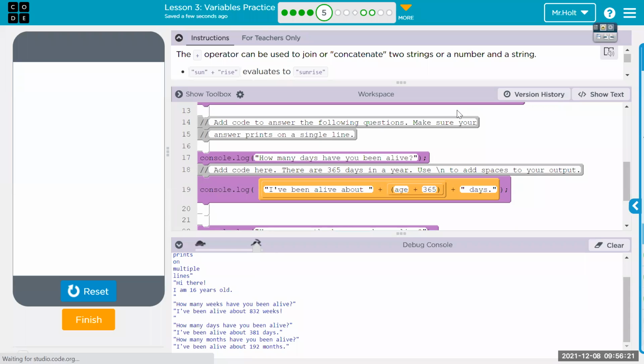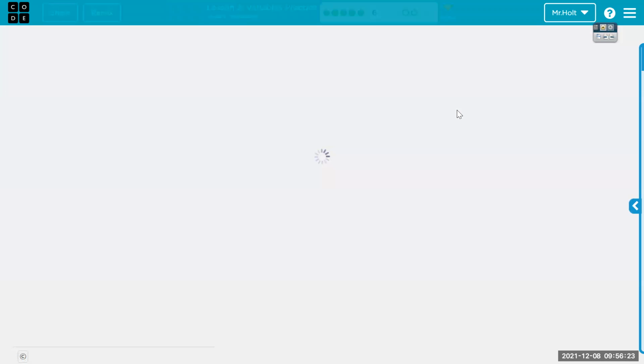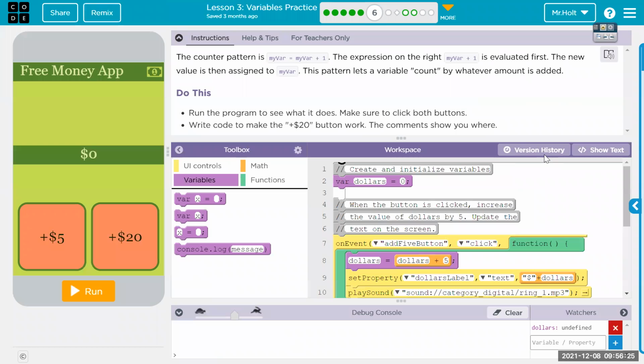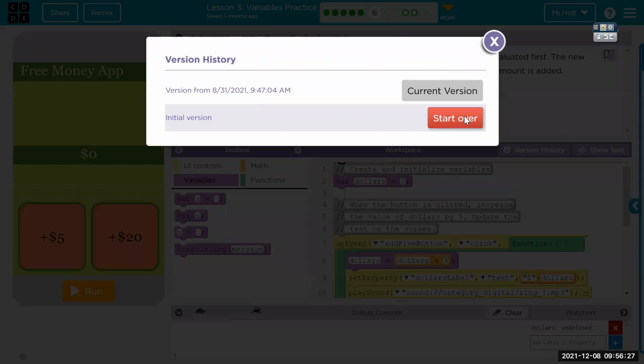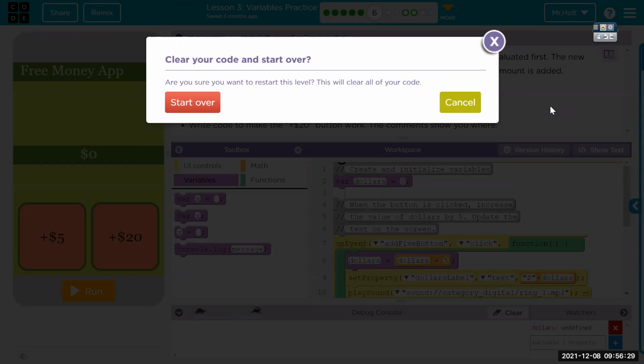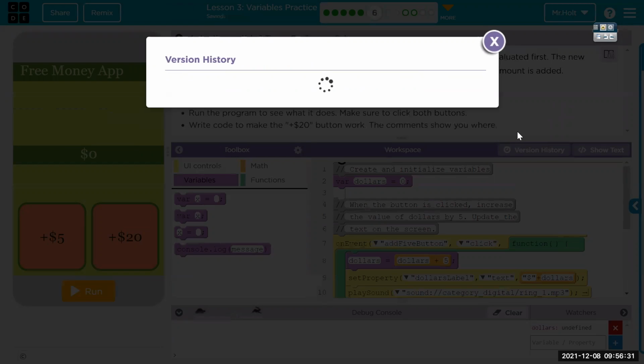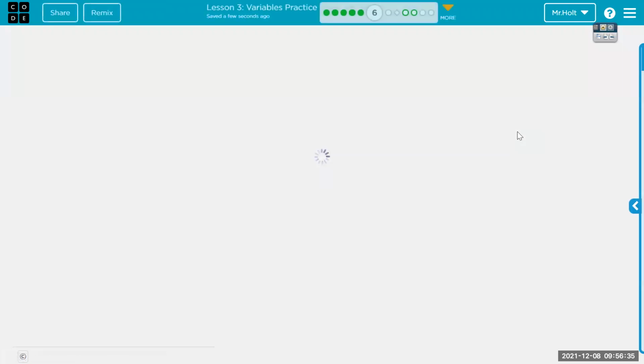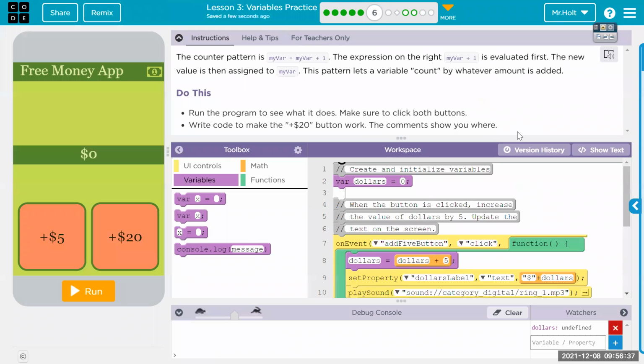Okay, so that was from last time. Bubble 6. Let's make sure I have the newest one of these. And all right, so this concept, we talked briefly about the idea of